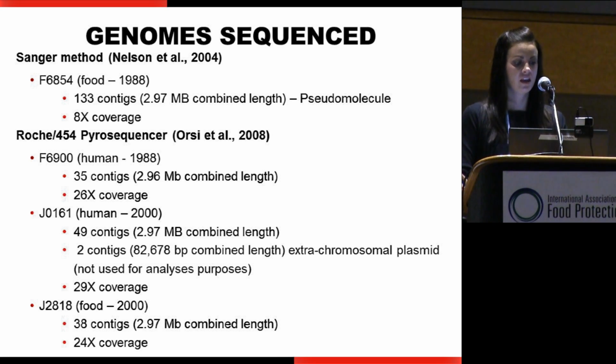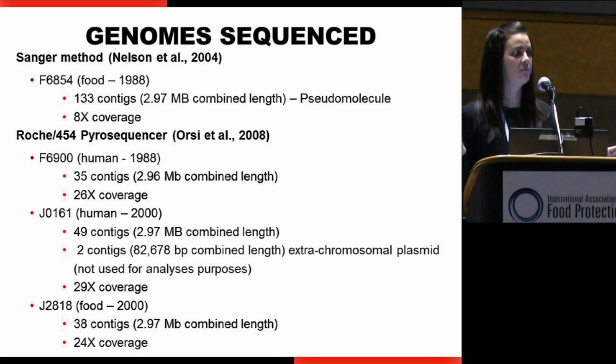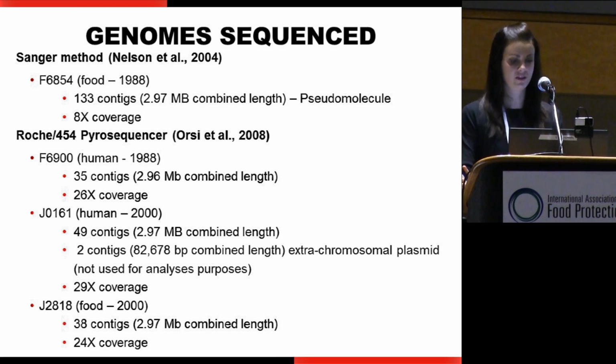pyrosequencing. So this is a little bit of data on the actual genome sequences that we got. And a contig is basically just a continuous sequence. When we think about a genome, let's say Listeria monocytogenes is 3 million base pairs. When you sequence that, it doesn't come out all in one piece. Sometimes you may actually have thousands of contigs, and it's not really that important to get them in the exact order, but you put them together in what's known as a pseudochromosome or a pseudomolecule in order to analyze the